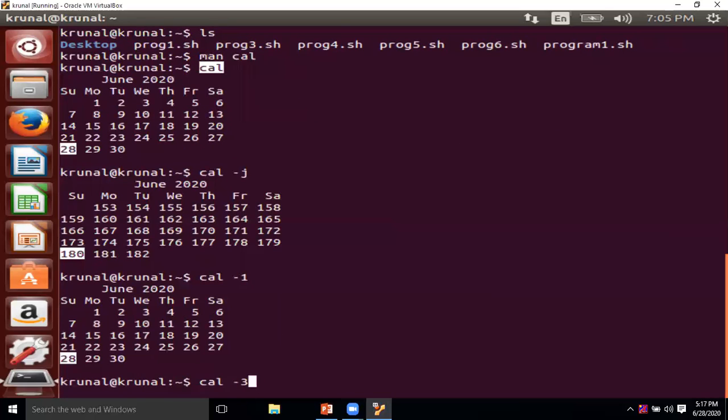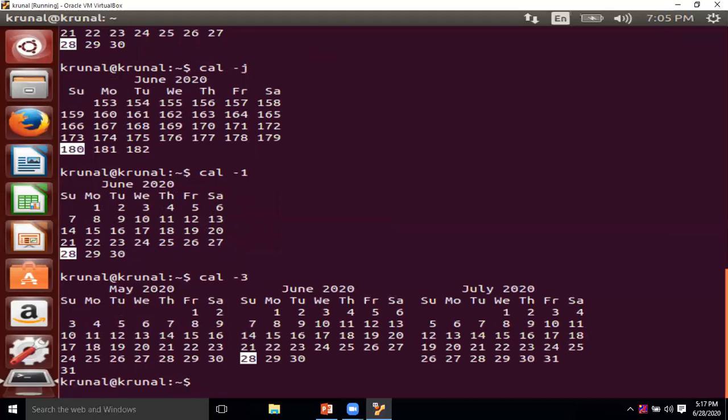If you use cal -3, it shows a 3-month calendar: the current month, June 2020, the previous month, May 2020, and the next month, July 2020. So it shows the current month, previous month, and next month detail.